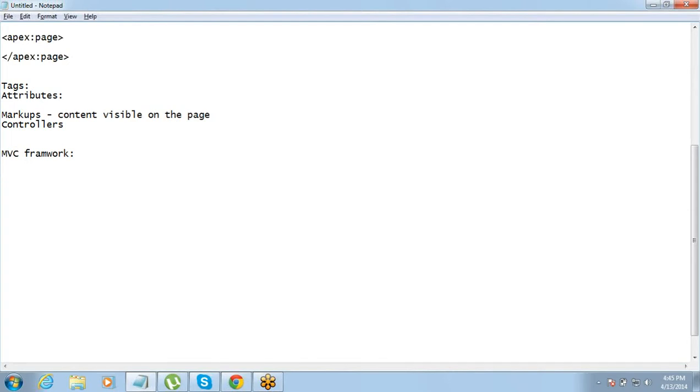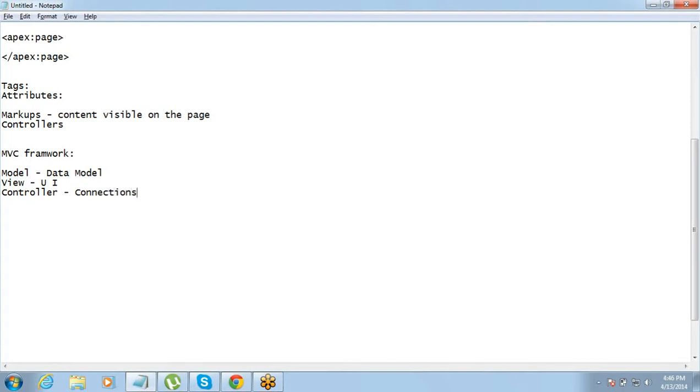I mean, nothing very difficult. It's a framework where there are three layers: model, view, and controller, right? Okay, so far whatever we have been doing on Salesforce, Salesforce works on an MVC framework. Model is a backend data model, view is the front end user interface, and controller is basically the connections between these two things, right?